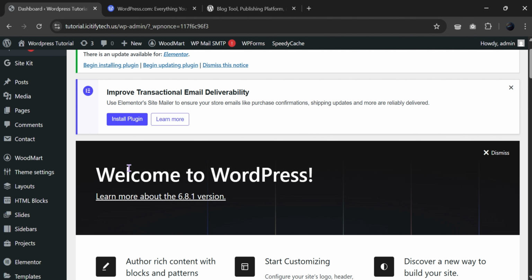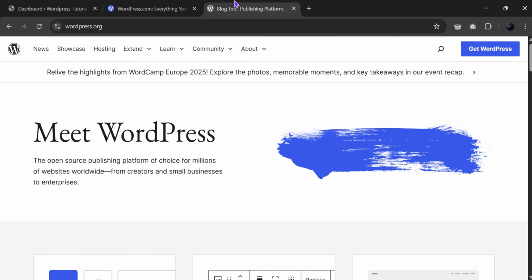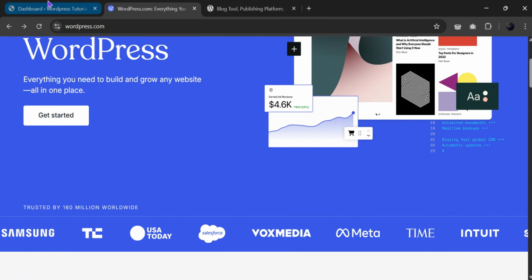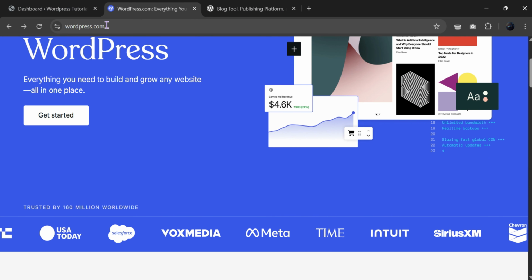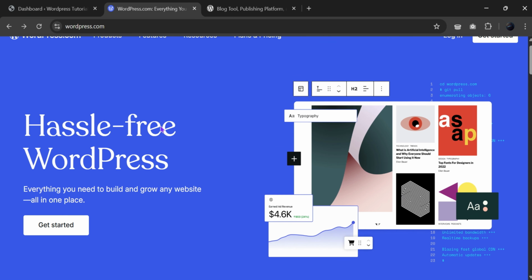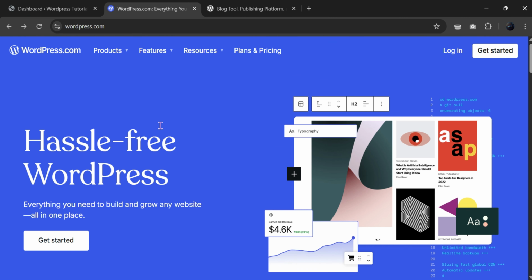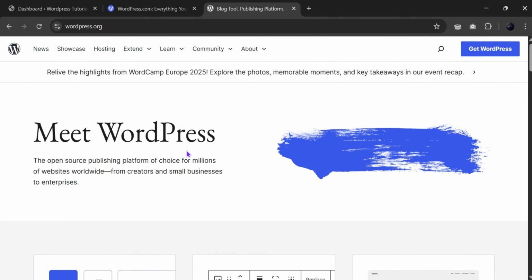So today I'm gonna be showing us the dashboard and the difference between WordPress.org and WordPress.com. So first, let me introduce to you what WordPress.com is. WordPress.com is also a free WordPress, but has some limited features you can actually get from them. While WordPress.org gives you a hosting service whereby you can just host your WordPress like the one we just did right here,